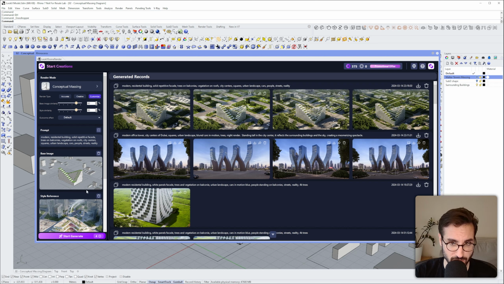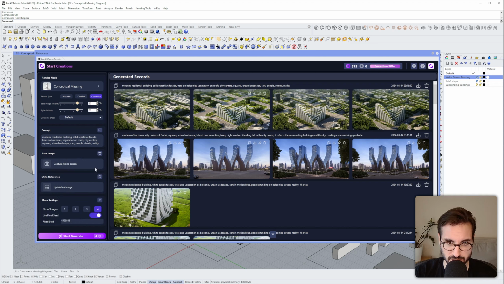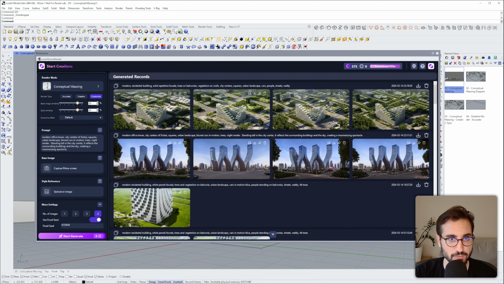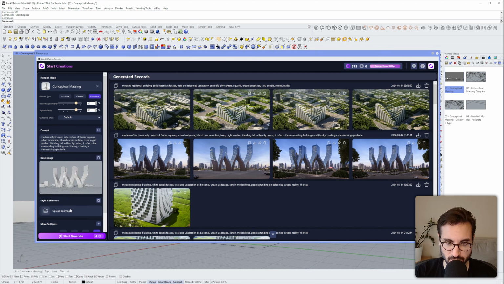So I will keep the same inputs, so I will delete these ones, and I will use the prompt from the previous example. Okay, turn on the towers, go to this camera, capture a Rhino screen, upload a reference image,